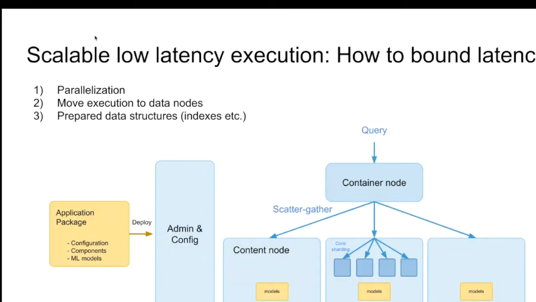So the main point of Vespa is to do computations over lots of data with really low latency. So how do we achieve that? There's three main strategies. The first is parallelization. Incoming queries are sent to all the partition nodes that have data for that query in parallel and evaluated on the subset of the data in parallel. And on each of these nodes, we use multiple cores for every query in parallel, sharing data between the cores and so on as we evaluate.